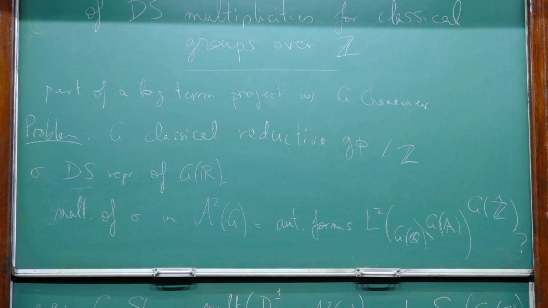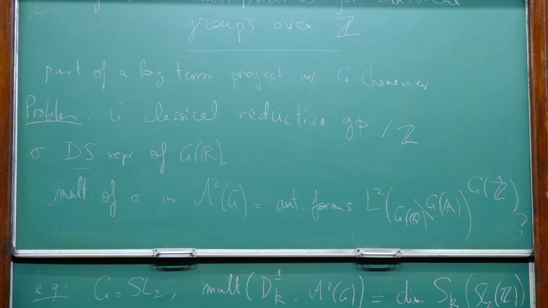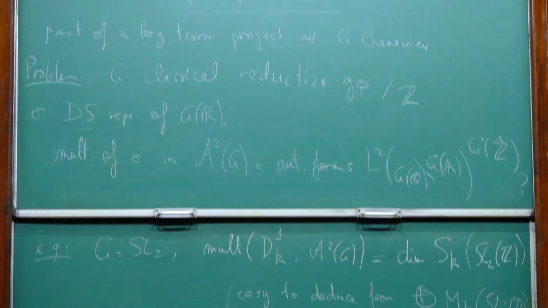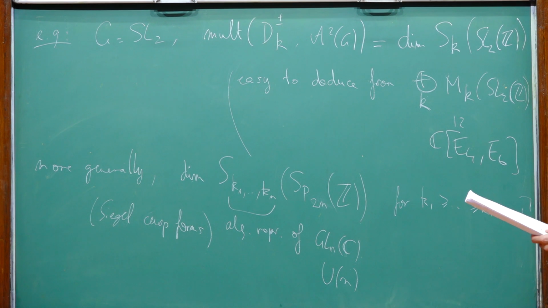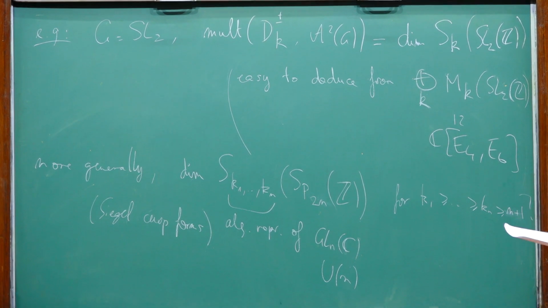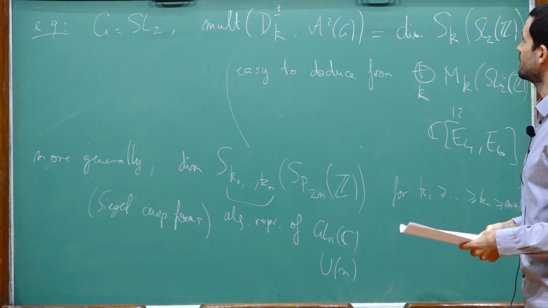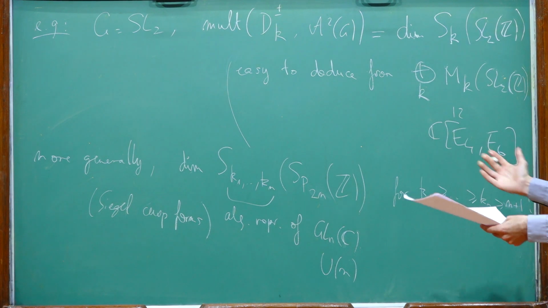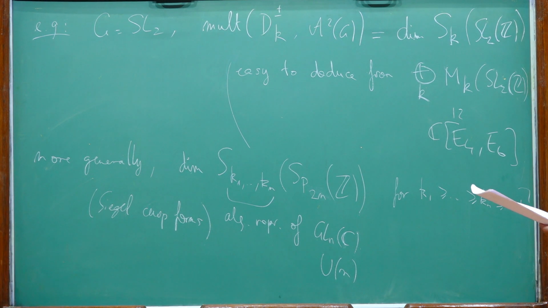almost nothing is known in other cases, well, more precisely, for a representation which has the same infinitesimal character as a discrete series, we can answer this question for essentially the same groups. But apart from that, almost nothing is known, for example, for SL3, the first case where you don't have discrete series representations. There is, well, apart from Gelbart-Jacquet lifts, we know nothing about such automorphic representations.